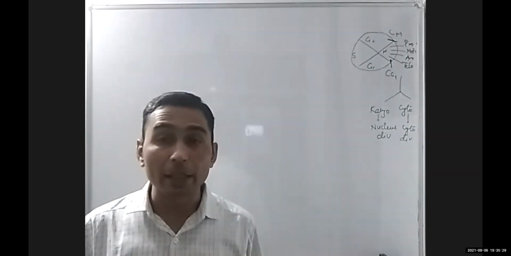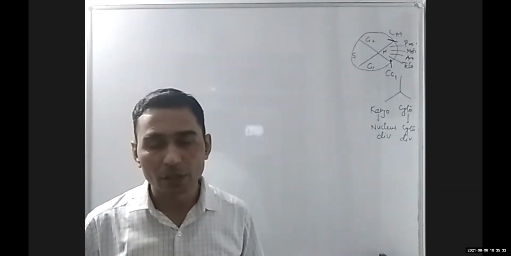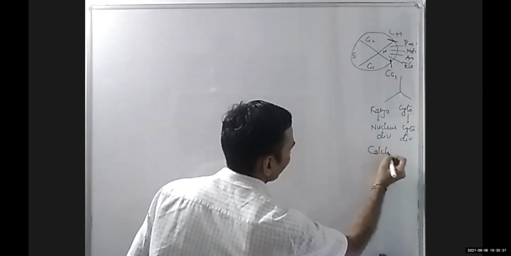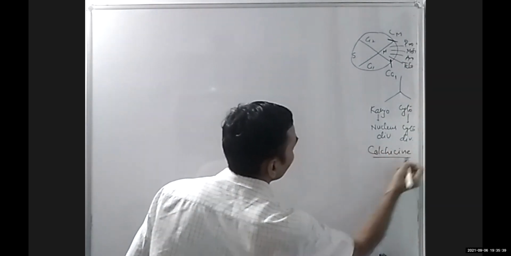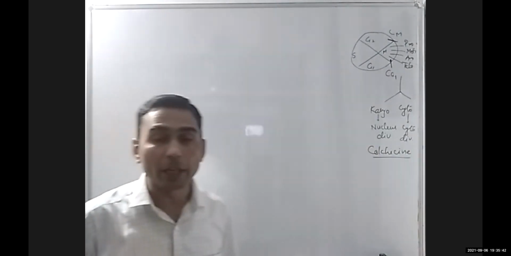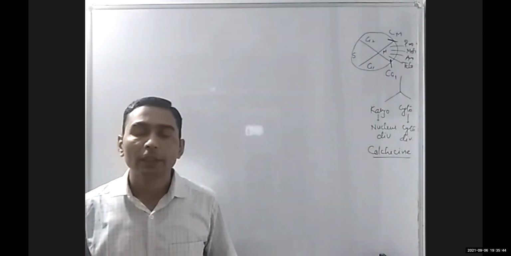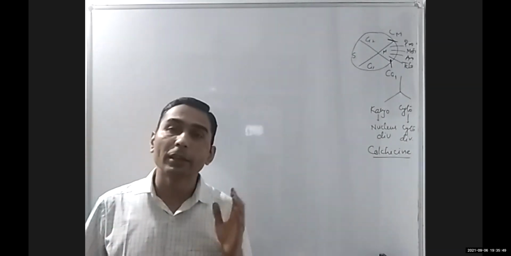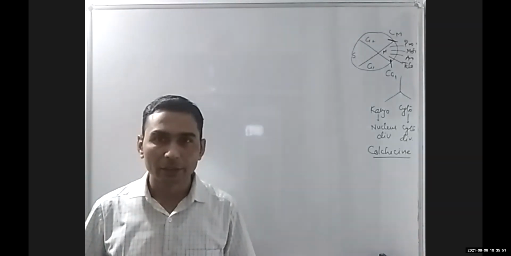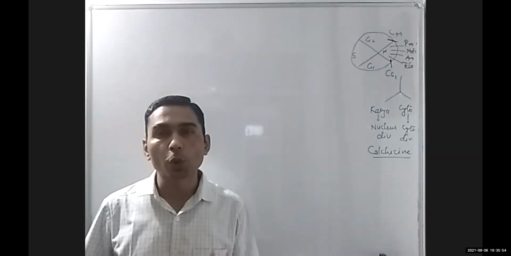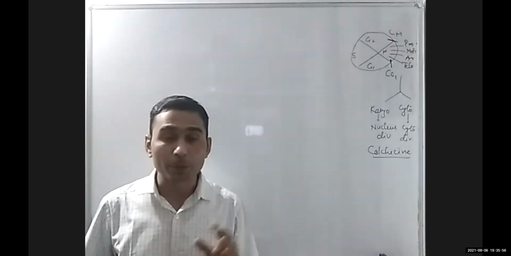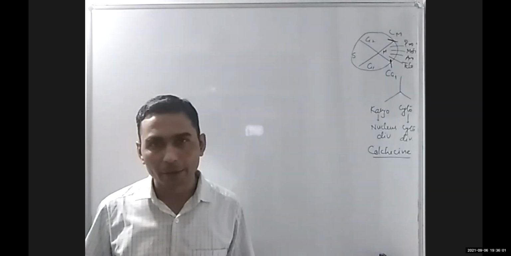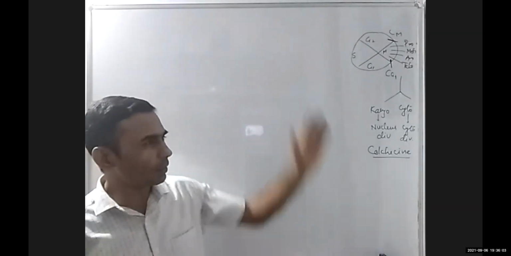That is not calchicine, that is colchicine. This is colchicine, which is a big mitotic poison and a frequently asked question. What does colchicine do? Colchicine inhibits the formation of spindle fibers. When spindle fibers are not formed, no one can expect the chromosomes and chromatids to get separated. Perfect. So these are some basic ideas.